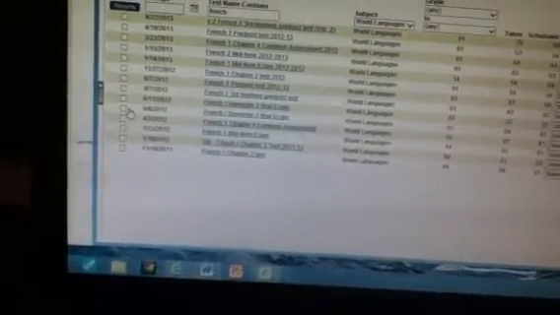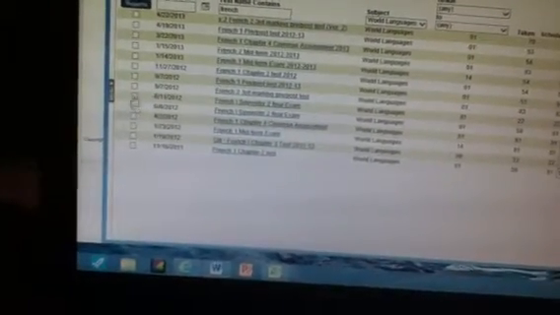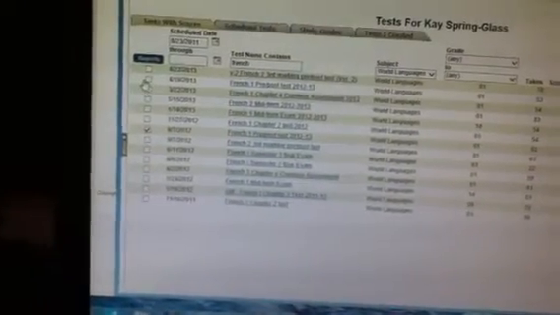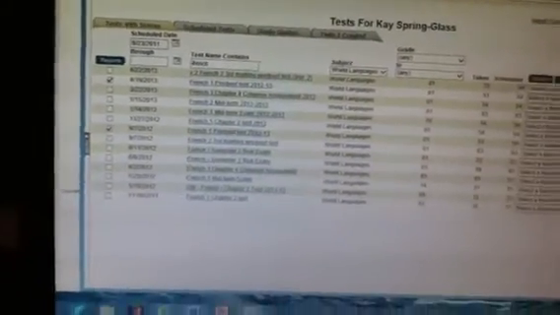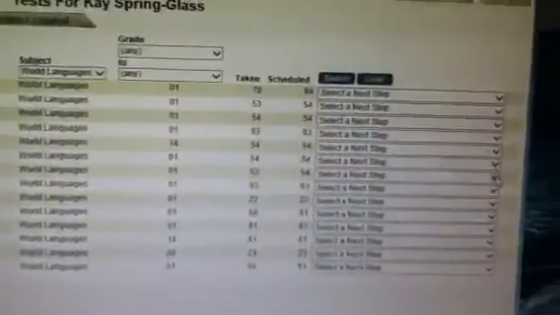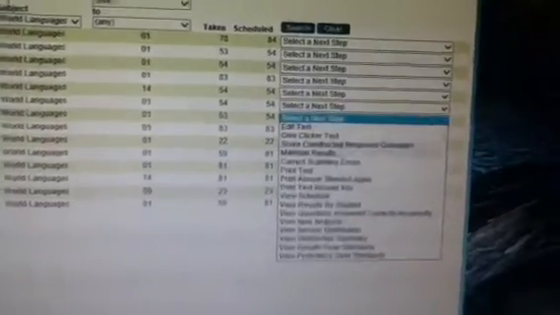I am going to do the French pre-test first, which is right there. And I'm going to do the French 1 post-test. So let me start with the pre-test first. I'm going to go over here to where it says select the next step. I'm going to view